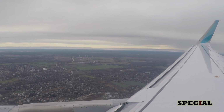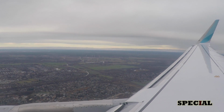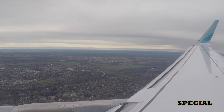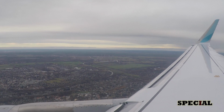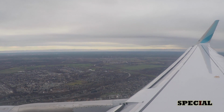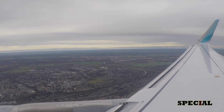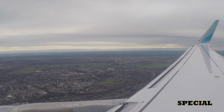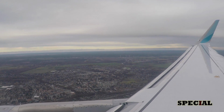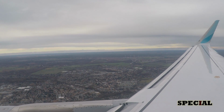Now, we already had an initial delay before we departed, and this has certainly not helped. And I hate to say it, but if we had left Düsseldorf in time, I'm pretty sure we would have landed in Berlin before they closed the airspace. So that is pretty annoying, because now I am very close to getting late for my meeting in Berlin. But anyway,